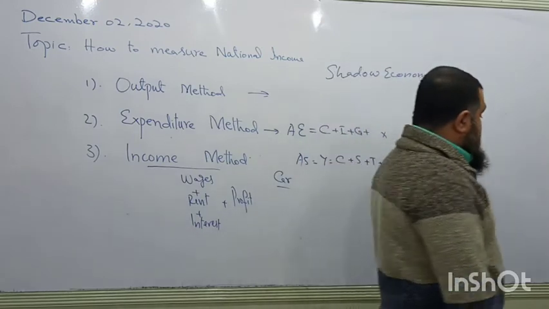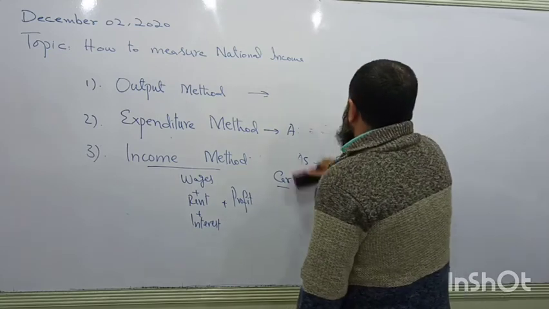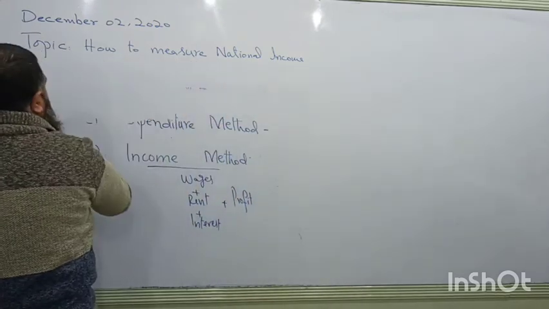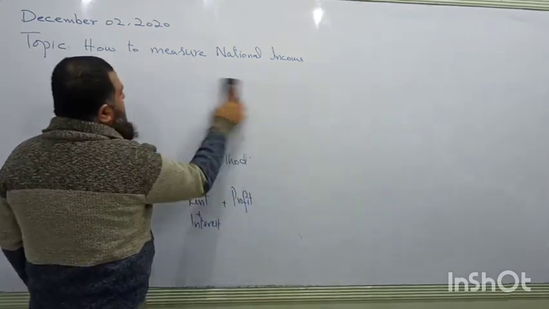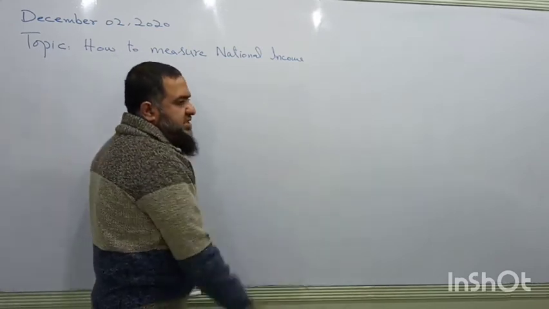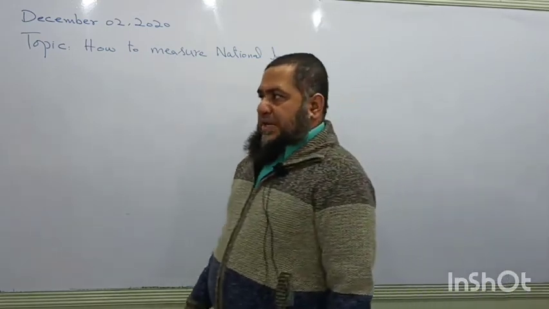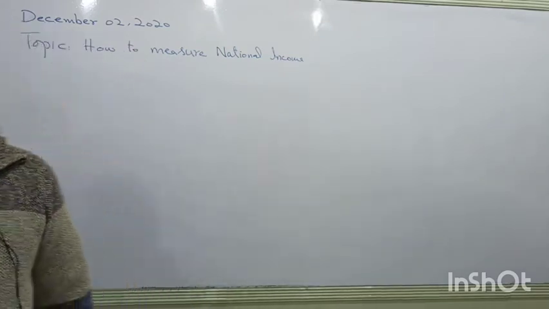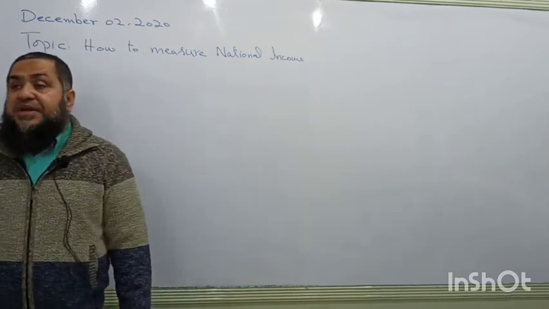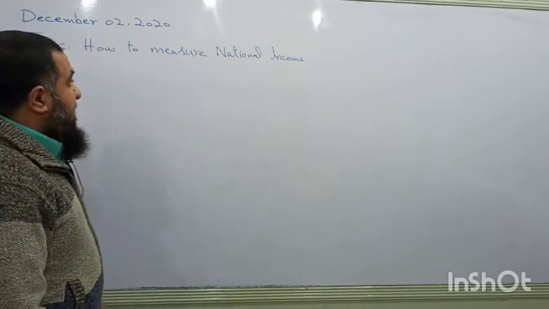Okay. Now another thing which I want to explain today is what is meant by nominal and real national income or GDP. Problems can be there. If the government is providing certain goods and services, they are not valued at market prices. That's also a problem of measurement of GDP. Like the government is providing education below the market value. The market rate is quite high, but the government is providing below the market value. Government health services are also provided below the market value. Then we cannot measure the accurate level of national income.